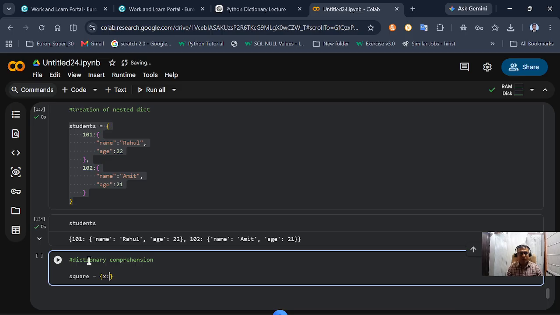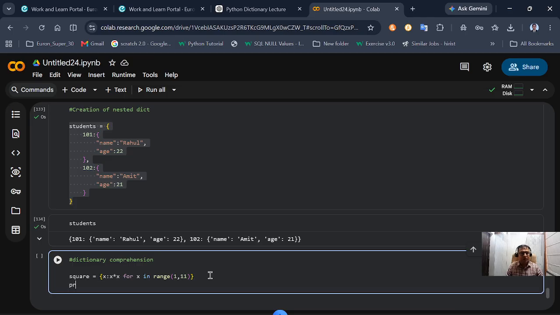Colon. Now this x becomes your key, and I'll just say x into x for x in range, say 1 comma 11, right? And if I say print square,